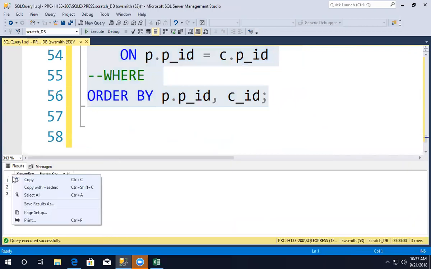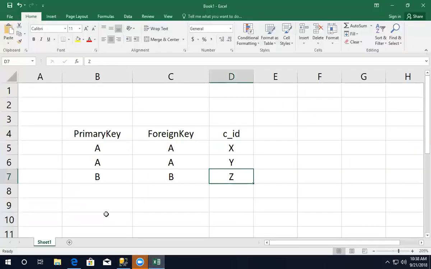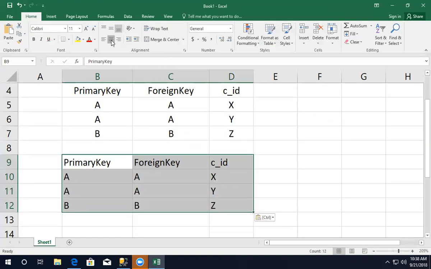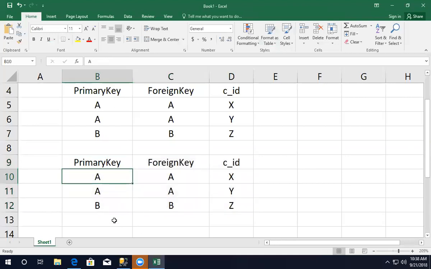Let's see, copy with headers. Let's go over here and compare it. Okay, notice it's exactly the same output. Questions? They are the same. They are identical statements. There is a reason that it changed, and I'll tell you what that reason is, why we use the explicit